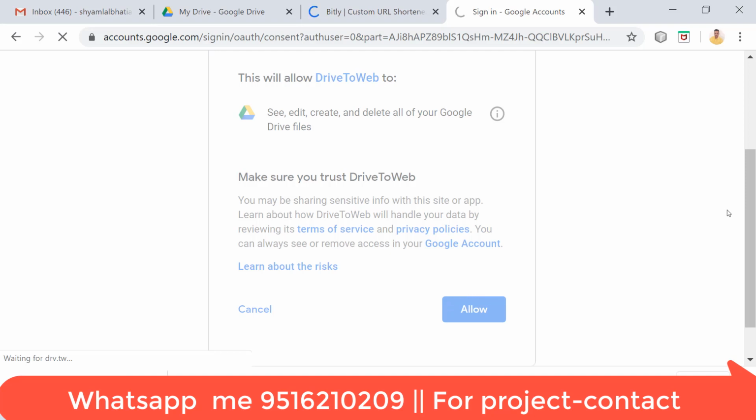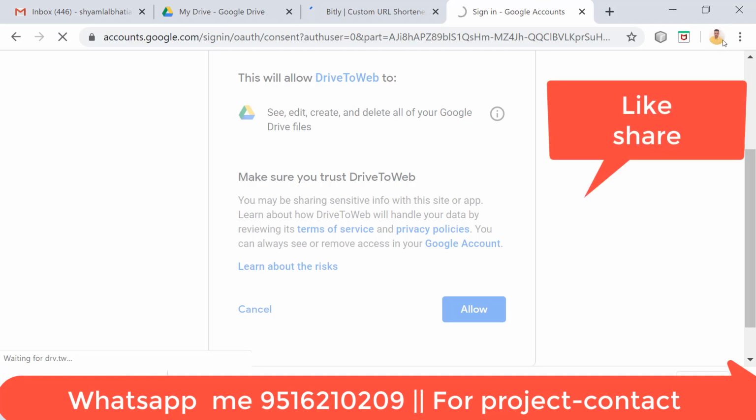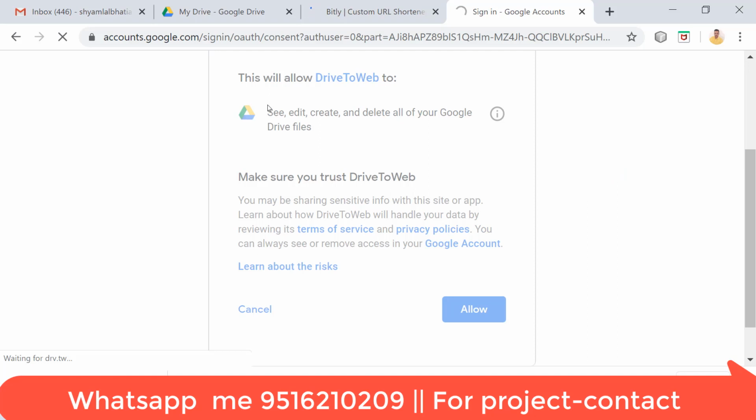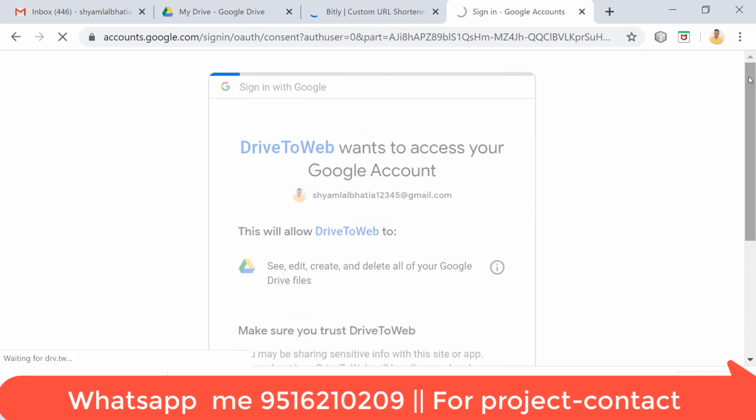I am logging in here because the session is being fetched from the Google server. In a few seconds it will log in, and after logging in, I will navigate to the control panel. What is my control panel? It is in simple mode. Let's not waste time.